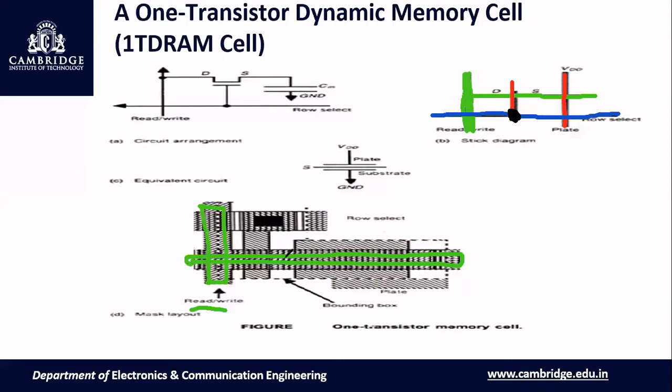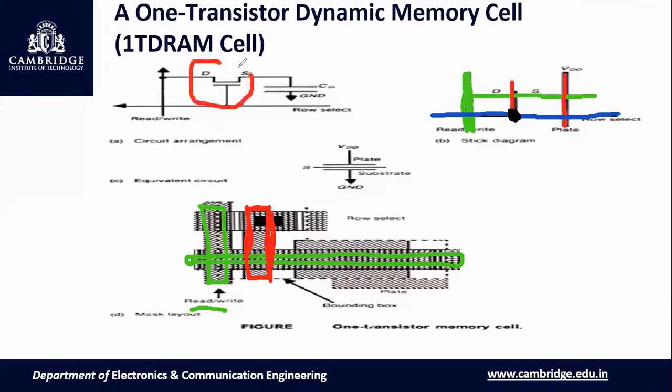Getting it? You know how the diffusion will be shaded. Clear? Next, we'll have to draw the poly. Okay, you draw the poly. Poly has been drawn. The color which is used for poly is red color. Done. By crossing poly and diffusion, we'll get a transistor.